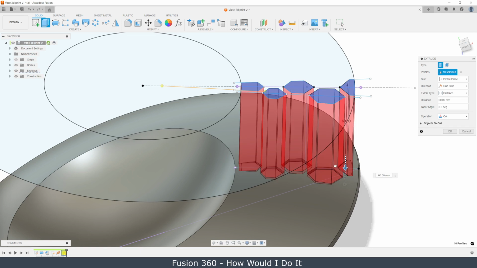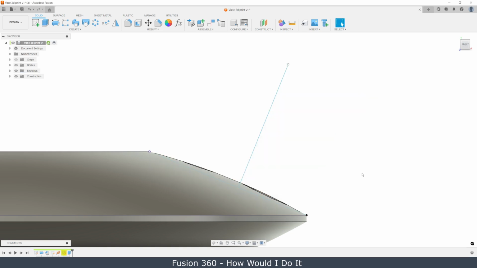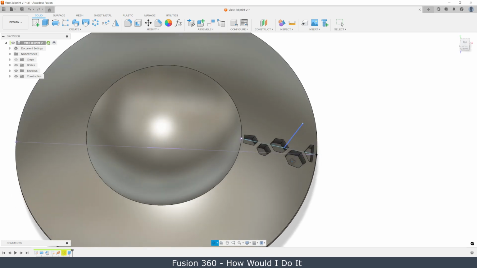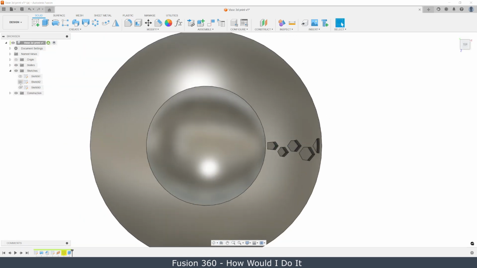And go to 70, that is too much. 68. 68 seems okay. Let's see how it looks. It looks okay. At this point we will hide this sketch and we will